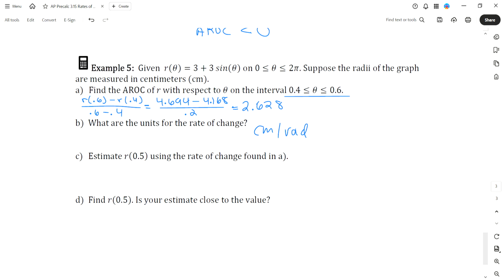Oh, it's exactly the middle. It is in the middle. I could do 0.45, 0.55. I could theoretically also do 0.7, okay? Because in this area, the rate of change is around 2.628, roughly. So if I have the rate of change,